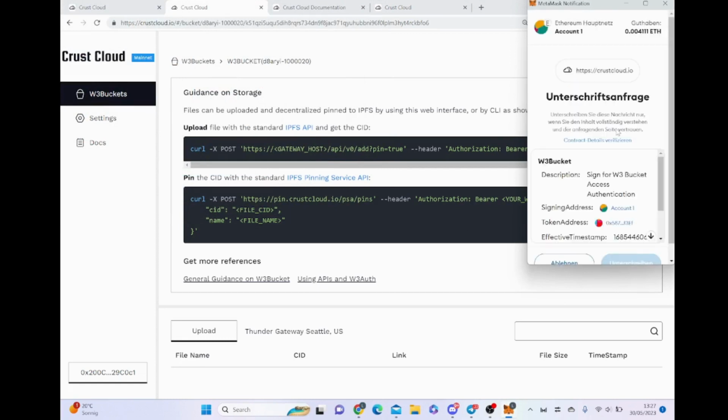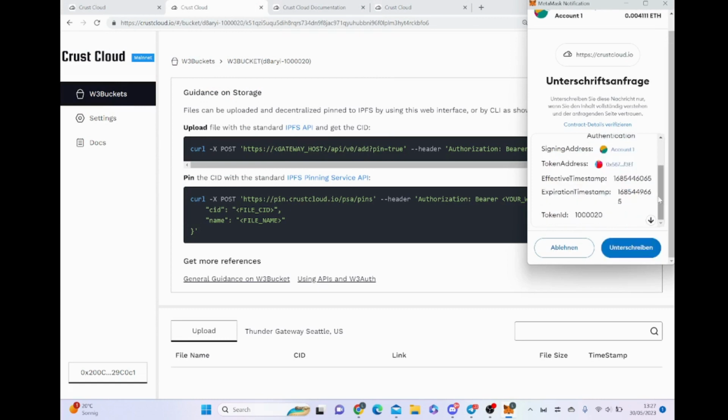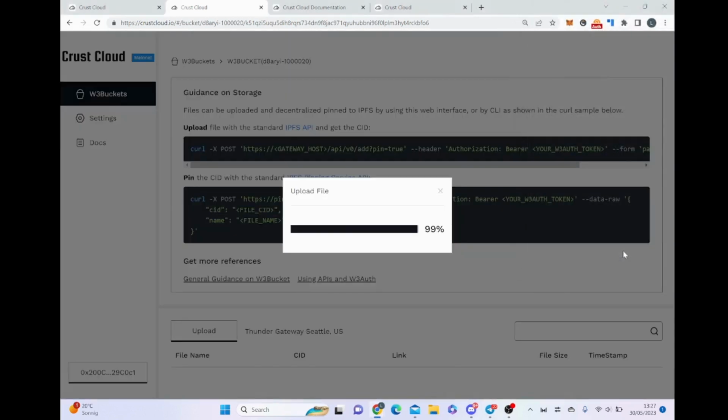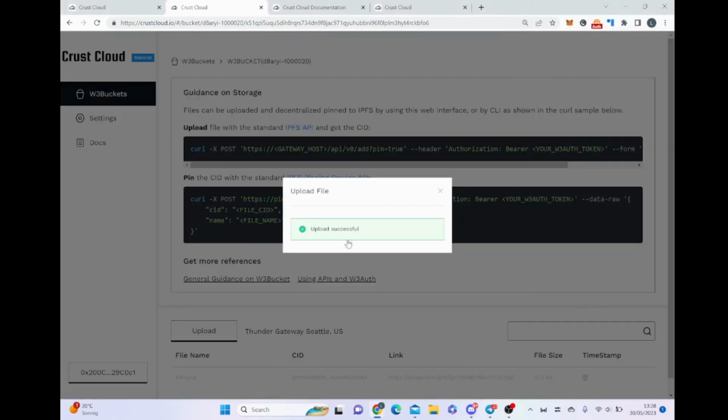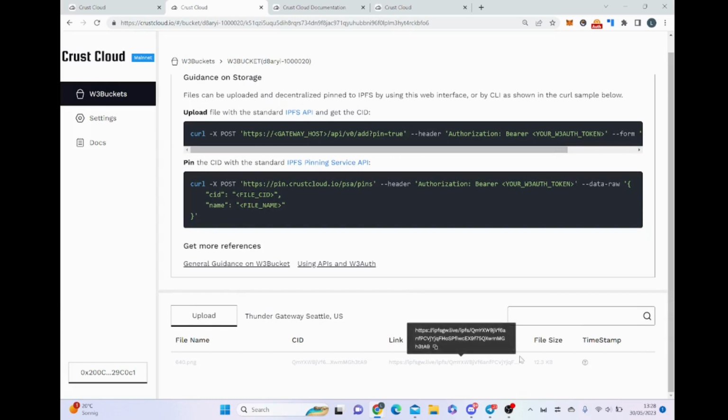And the cool thing about the buckets is when you want to upload or retrieve data from your bucket, you don't need to pay minting fees for Ethereum. Again, all you have to do is to sign, which we're going to do. And we already have a successful upload. So that was super quick. And the file is available already in our list. Usually it takes a few seconds or a minute before the file can be retrieved because it will be pinned